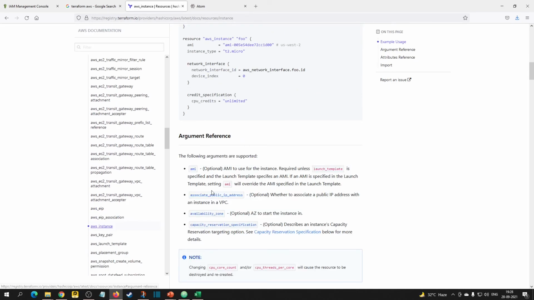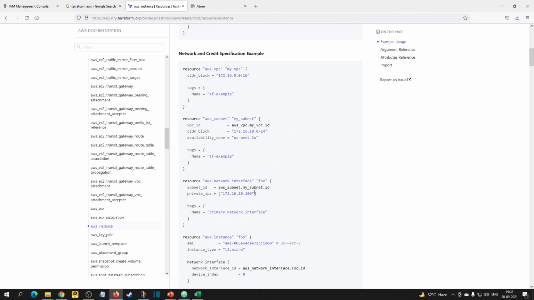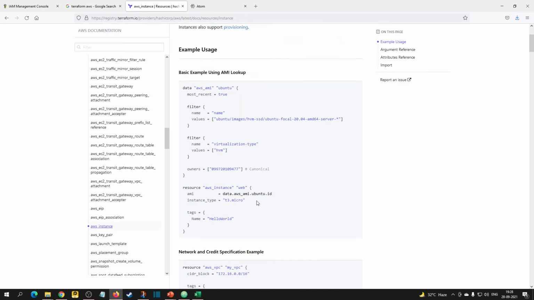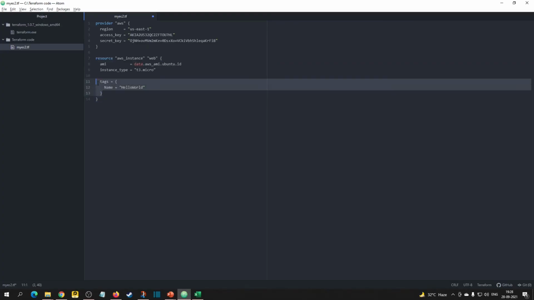There are a lot of parameters we can make use of. For this demo purpose we are going to create an EC2 instance with the default values. So for this we need these simple basic things. We don't need tags, we can delete this. So I'm going to delete the tags, it's not required. So what this block says is I'm going to create a resource. What is the resource? This is aws_instance. This value we don't need to change because this is the value Terraform uses to say I'm going to create an AWS instance.